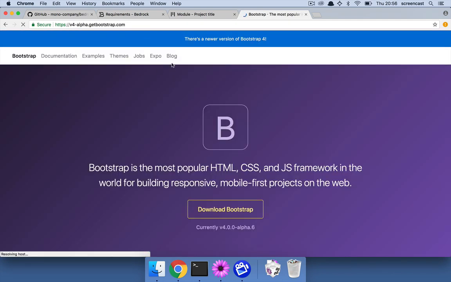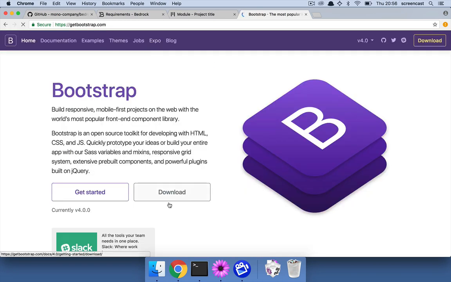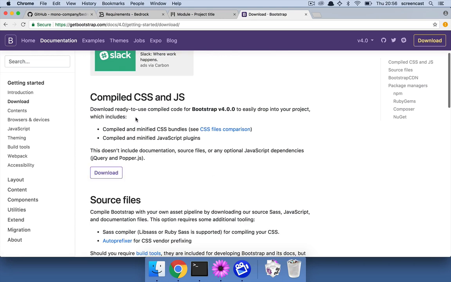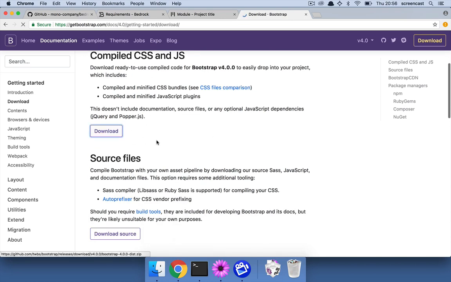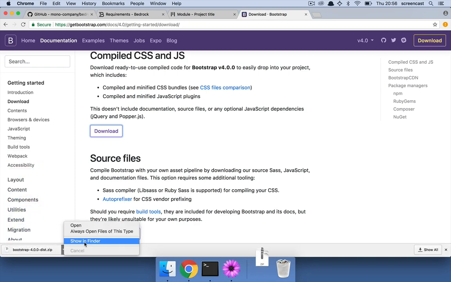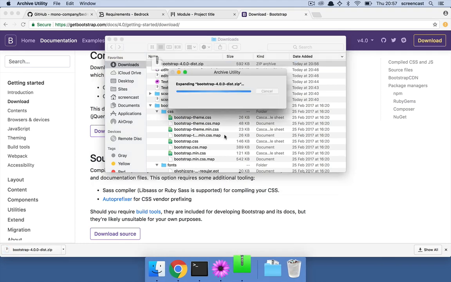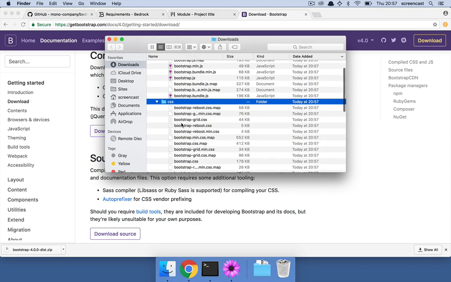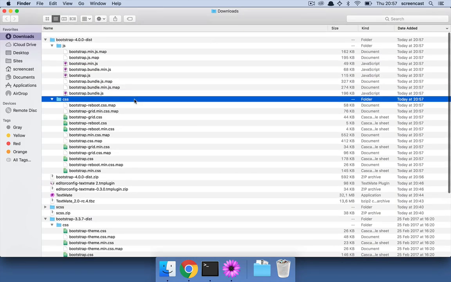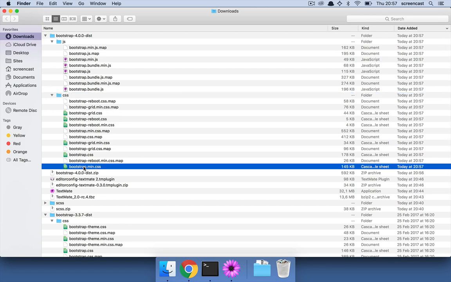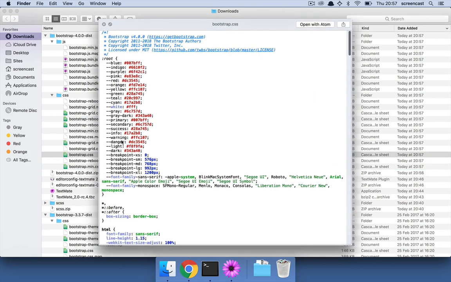So they still say v4 alpha here, but if you go to getbootstrap.com, you can download the compiled CSS and JavaScript. Let's do that one because it's the easiest for now. I mean, there are better methods, but this is just the easiest one to get started with. So we have CSS here, we have JavaScript here. So let's start with the CSS, and what we're looking for is this file here,